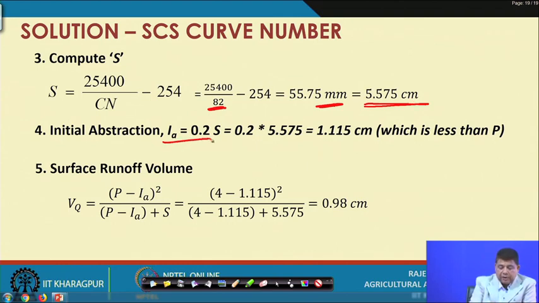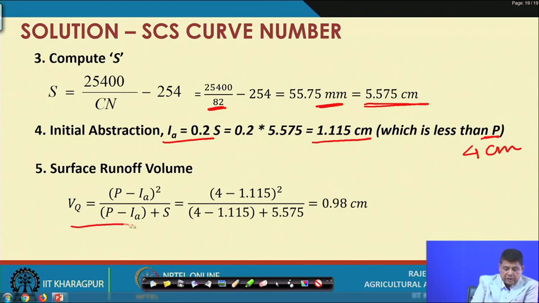initial abstraction we already know is 0.2 S. So, that will be 1.115 centimeters, which is less than P, where P is 4 centimeters. So, obviously, because initial abstraction is less than P, that means there will be runoff, and then finally, we can